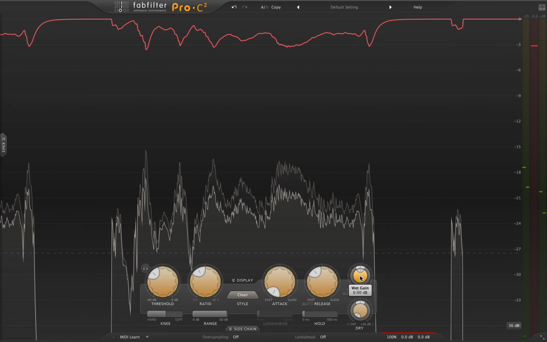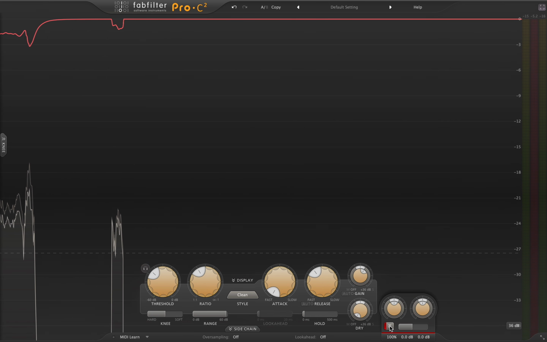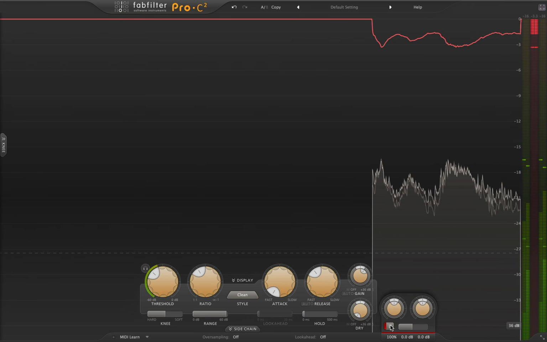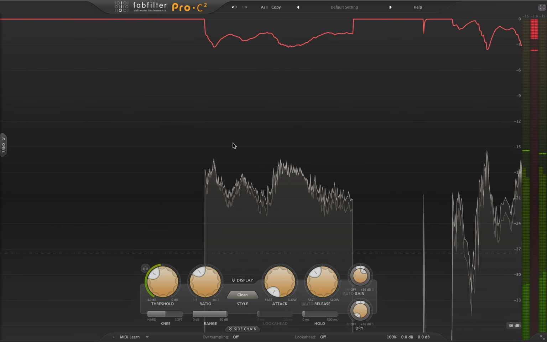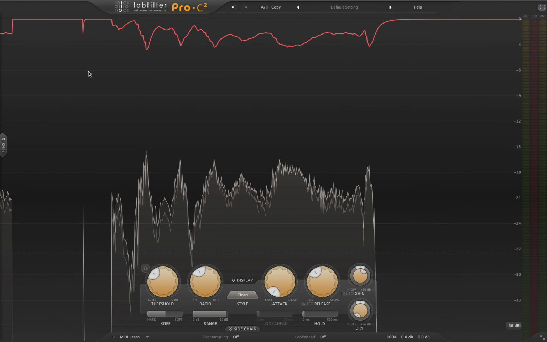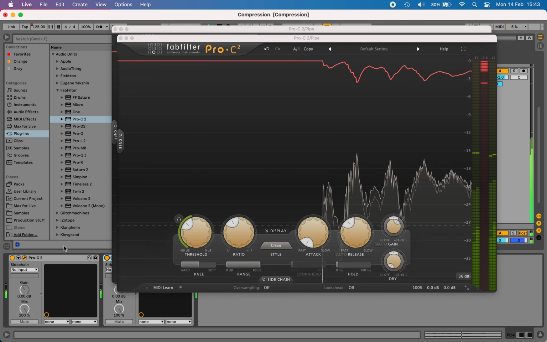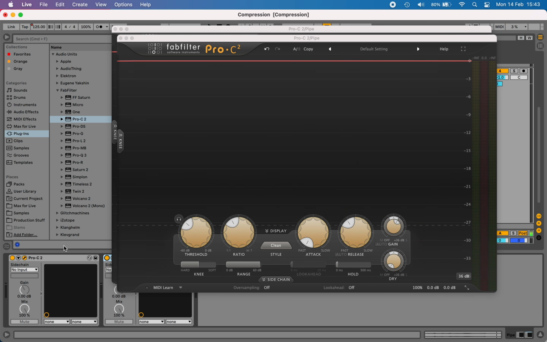Okay, and then if we match the makeup gain, there we go. So let's just compare the dry signal and our serial compressed signal. So now we have a compressed sample that's not jumping out quite so much between the louder and quieter parts